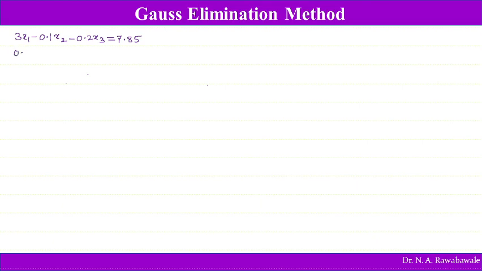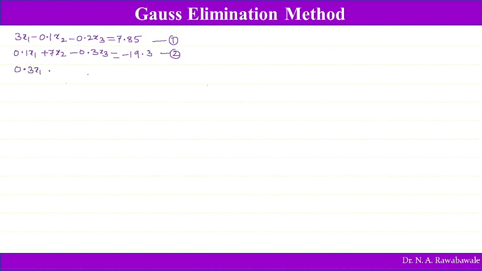And the second equation is 0.1x1 plus 7x2 minus 0.3x3, which is equal to minus 19.3. So this was equation number 1, this is equation number 2, and equation number 3 is 0.3